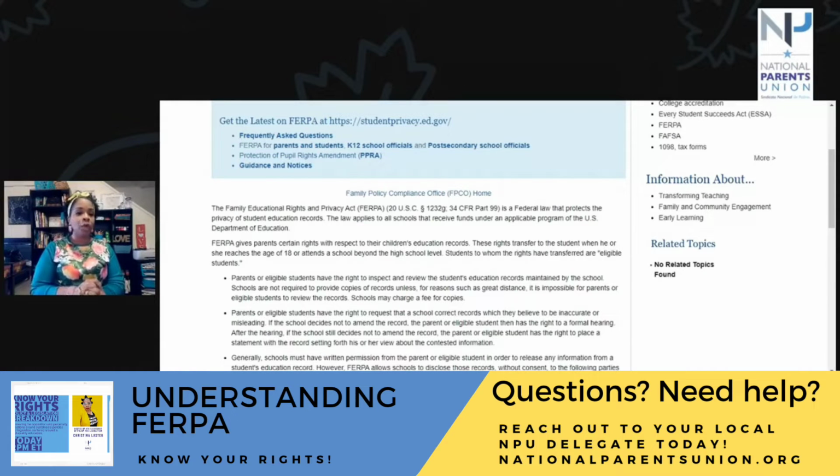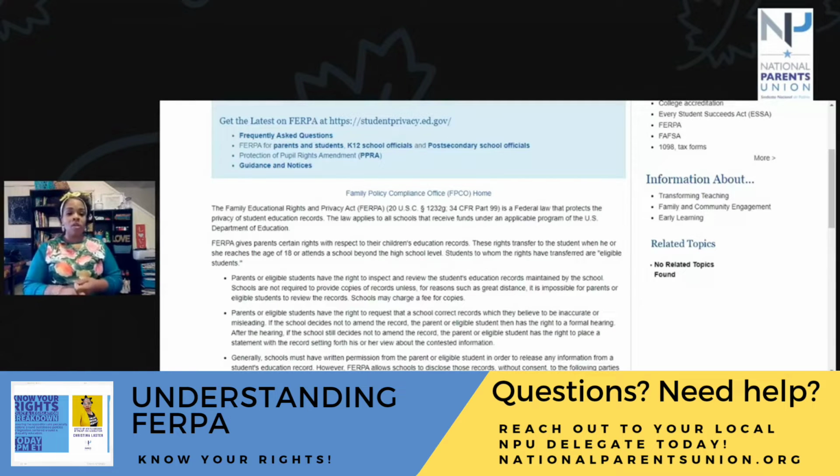The limitations imposed by FERPA vary with respect to each category. Well, what categories are they talking about? The limitations imposed by FERPA will vary according to educational information, what can be shared and what cannot be disclosed, right? According to personally identifiable information, what can be shared and what cannot. According to directory information, what can be shared and what cannot.